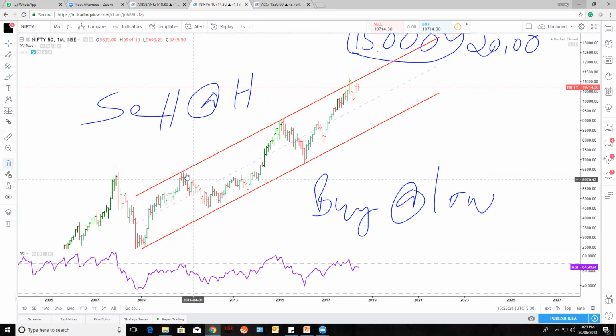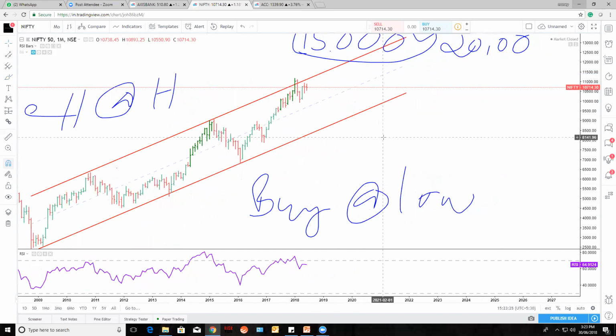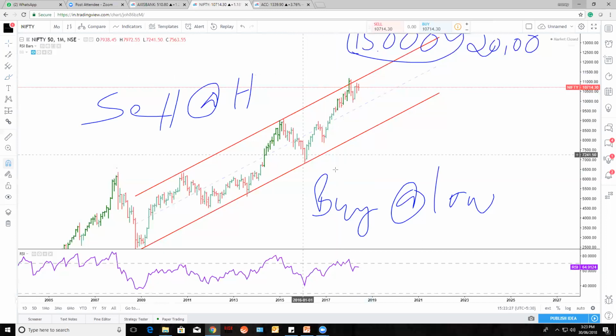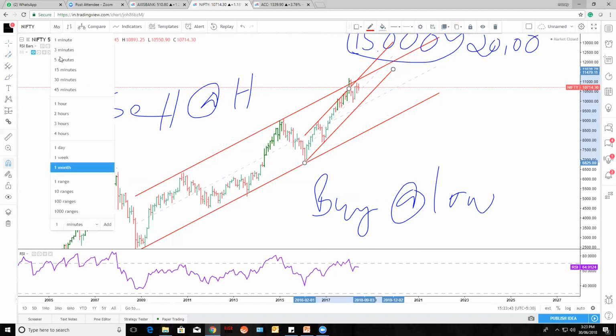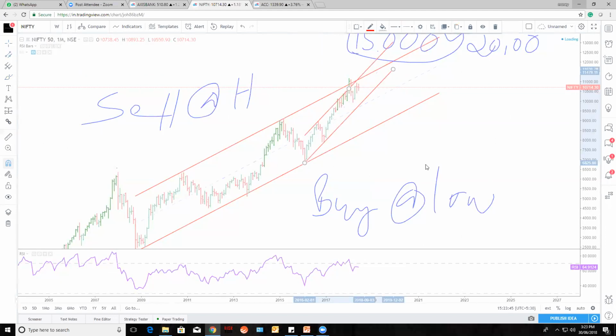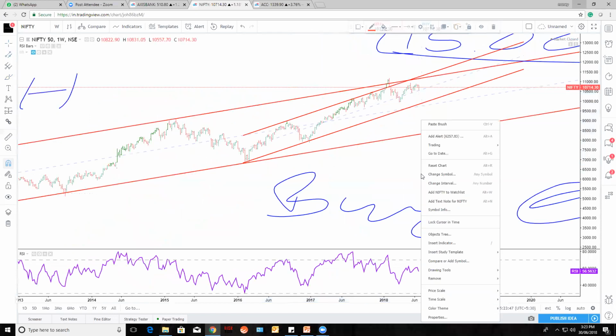So see, this is the 1 point, second point. This is the third point. This is the fourth point and fifth point. Now the one more channel which I'm trying to draw is this one, and this is the second lower point we got. This point is valid. Why? Because it has crossed the previous high. So this is the previous high. It crossed the high, so then I'm going to draw the channel. This is the high point. This is the low point. So this is my present channel, right?